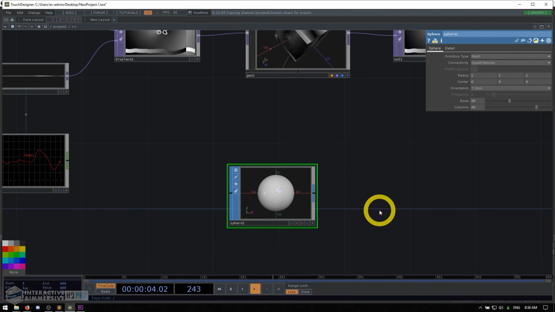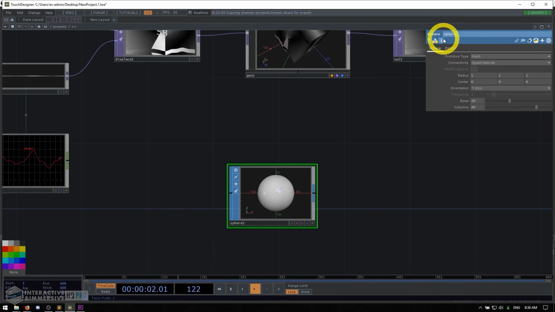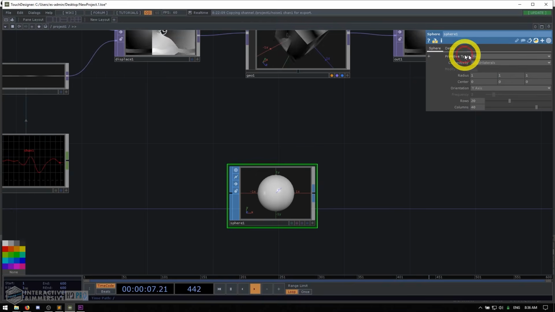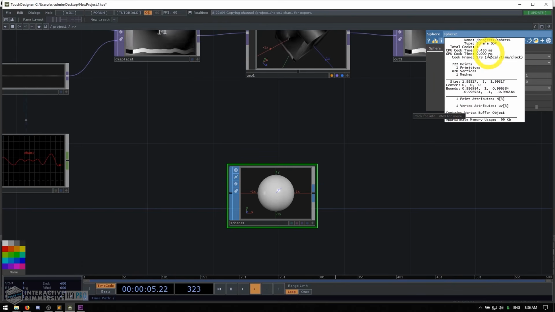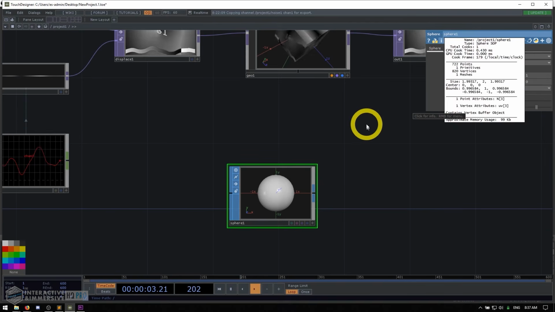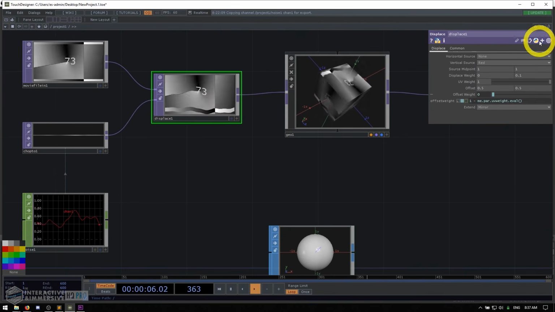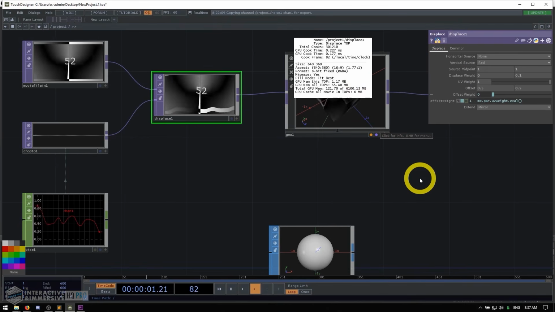So what happens if you want to get this and you don't have a middle click? Maybe you're on a laptop or something working. If you go to the parameters of that operator, you'll see in the top left corner this little I. If you left click on that, you'll essentially get the same pop-up box, except sometimes, annoyingly, you'll get a little hover menu that comes on top of it that you can't get rid of. But essentially this is the worst case scenario. You don't have a middle click mouse, you're on a laptop or something, and you just need to see some of that information quickly. You can click on the operator, get its parameters, and then click on that I to open up the little operator info modal.